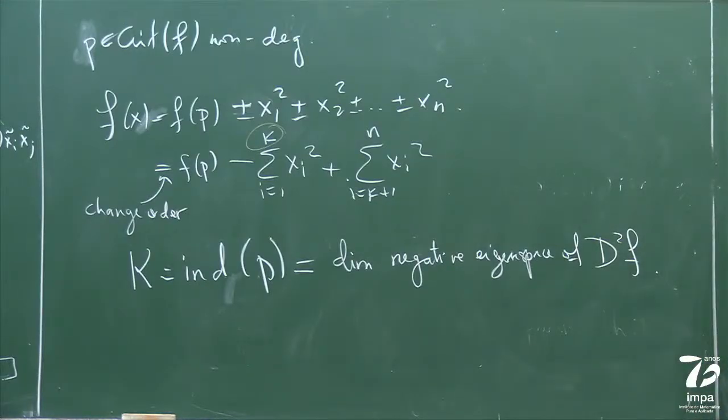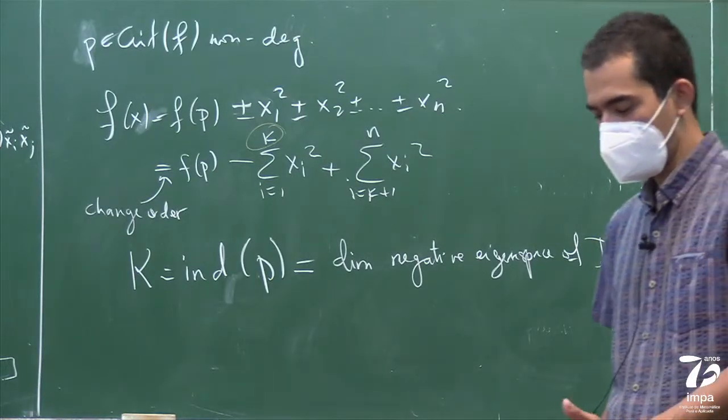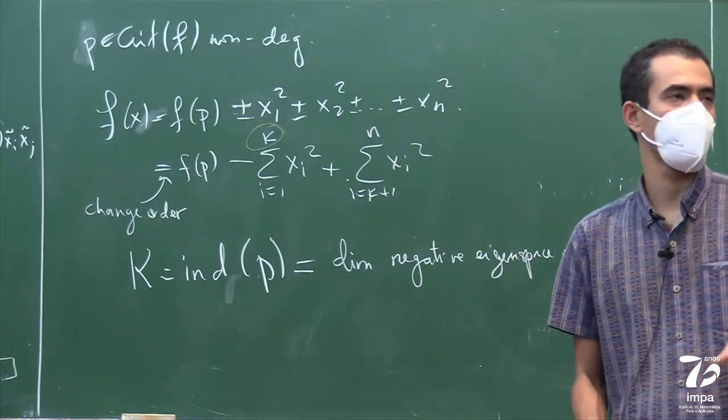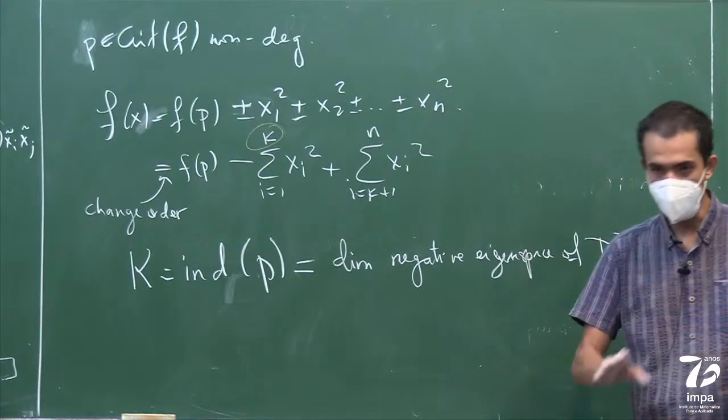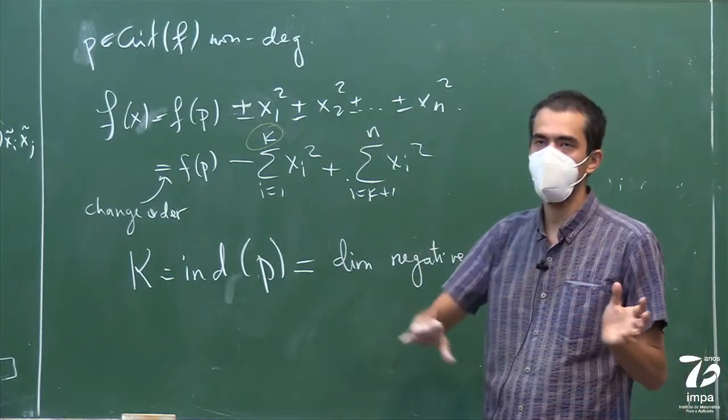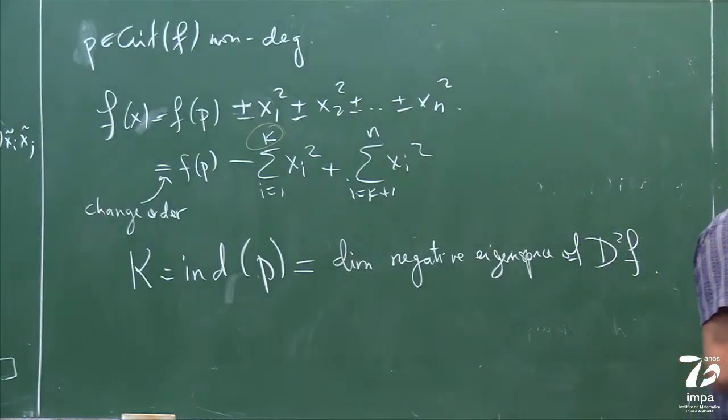So you know that your Hessian is a matrix, or it's a bilinear symmetric form. You can think of this as two things. You have a matrix, and it's a symmetric matrix that is non-singular. So it's diagonalizable, and it can split Rn into a direct sum of the positive eigenspace and the negative eigenspace. The negative eigenspace will have a dimension, and the positive eigenspace will have the complementary dimension. So that's one way to say it.